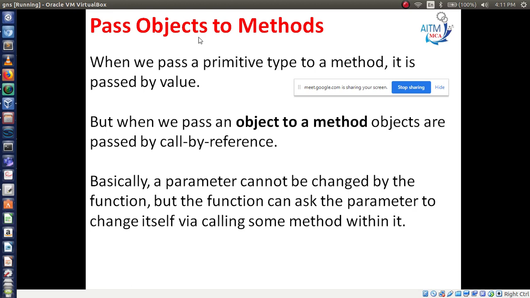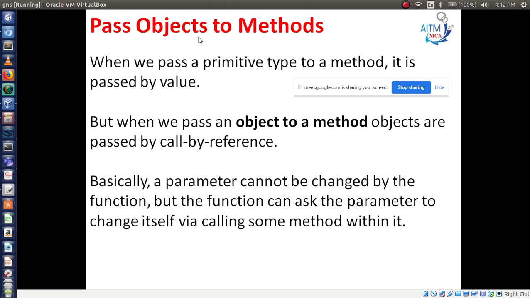Methods are simply what you mention inside the class, with one name. In the previous example you mentioned display. Display is a method, add is a method. These are user defined names. So, pass objects to methods.